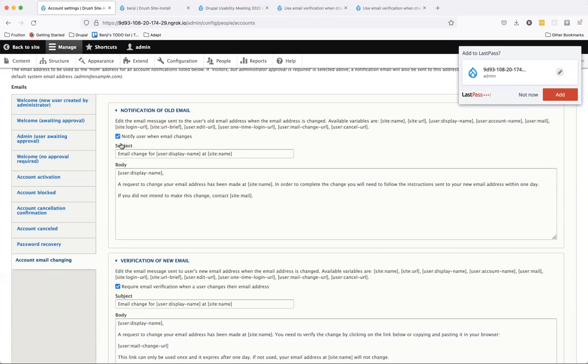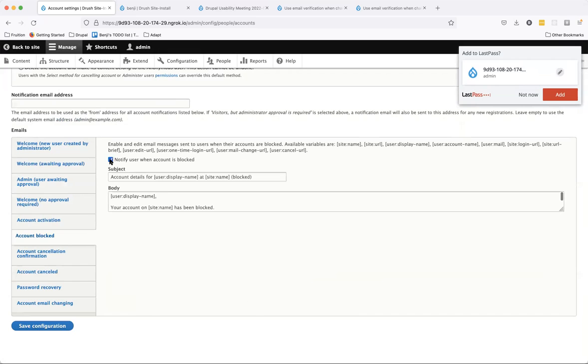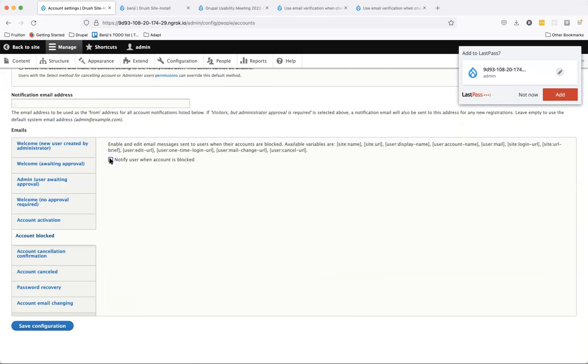Because if you're not going to be sending the email, why should you care what the email would say? Right. So my response to this is that we're following the pattern that's used for several other emails. For example, the account blocked email is disabled by default. And when you check the box, you get the text areas for the subject and the body. So whether it's a good idea or not, or whether it has accessibility problems or not,